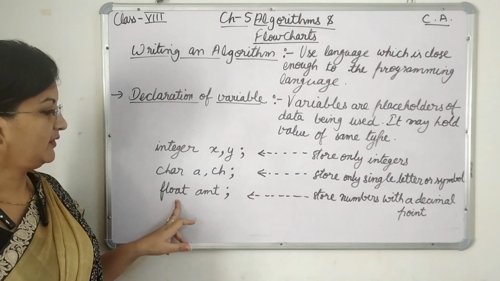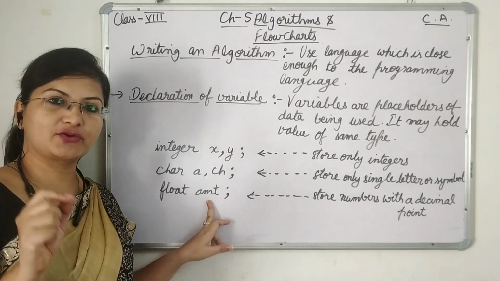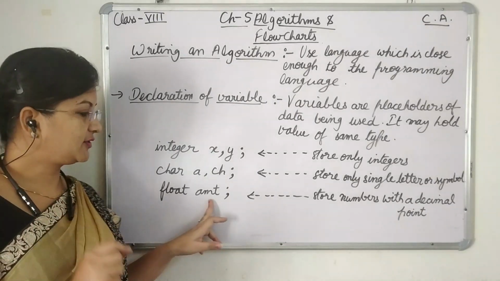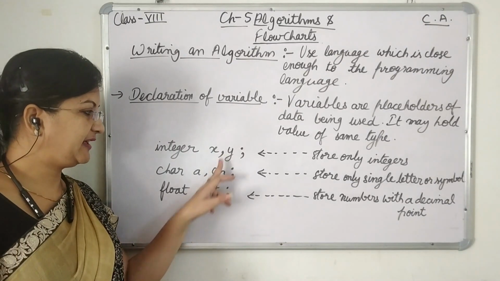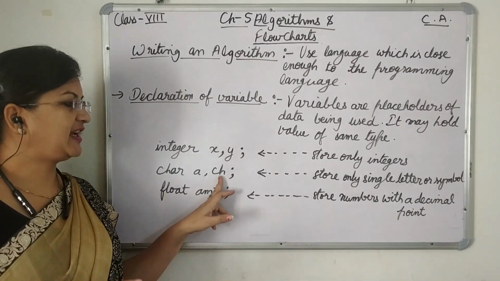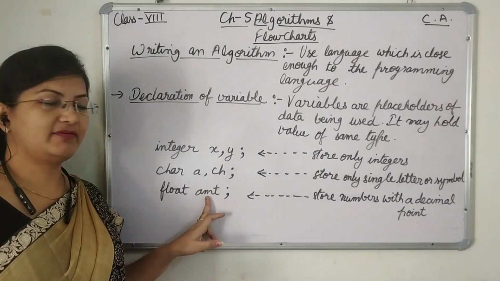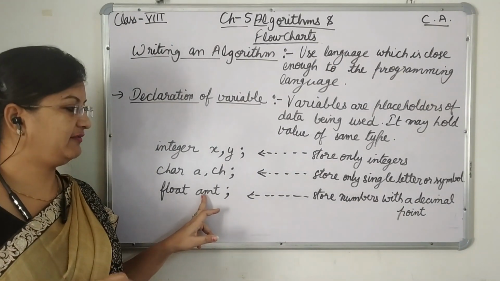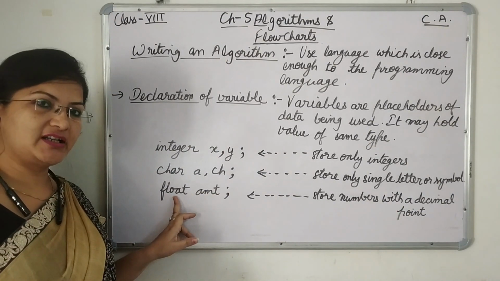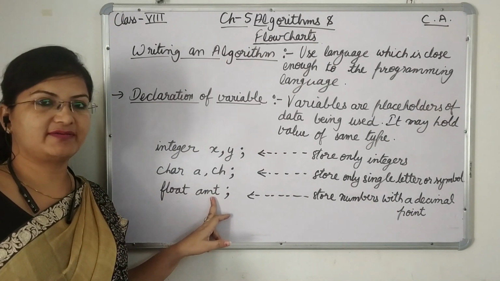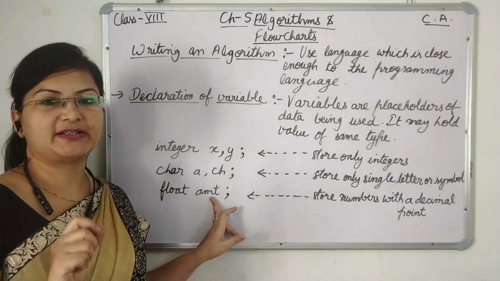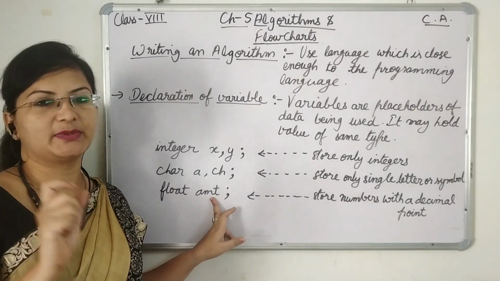So now this is float. Float can store, you can see amount. Amount you have seen mostly in decimal numbers. So float, these variables you can write of your own choice. It can be A to Z, any variable. It can be any name also. You can write a variable name of your own choice. So here we have written amount in short, that is AMT. Okay. So float is the data type, AMT, that means amount is the variable. Then it will store the decimal numbers, the numbers which contain decimals.